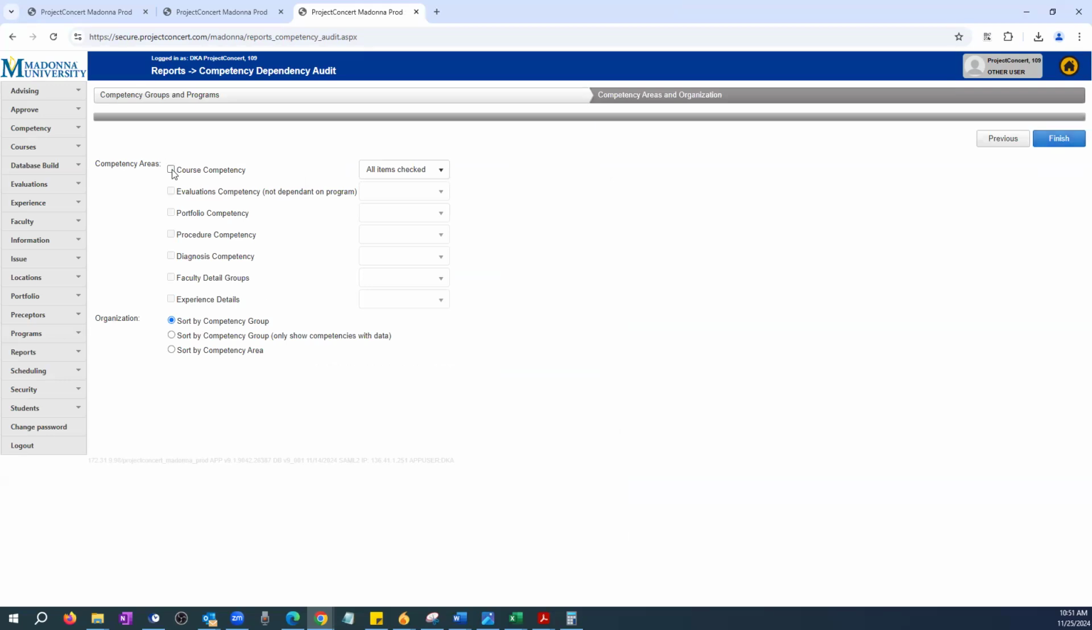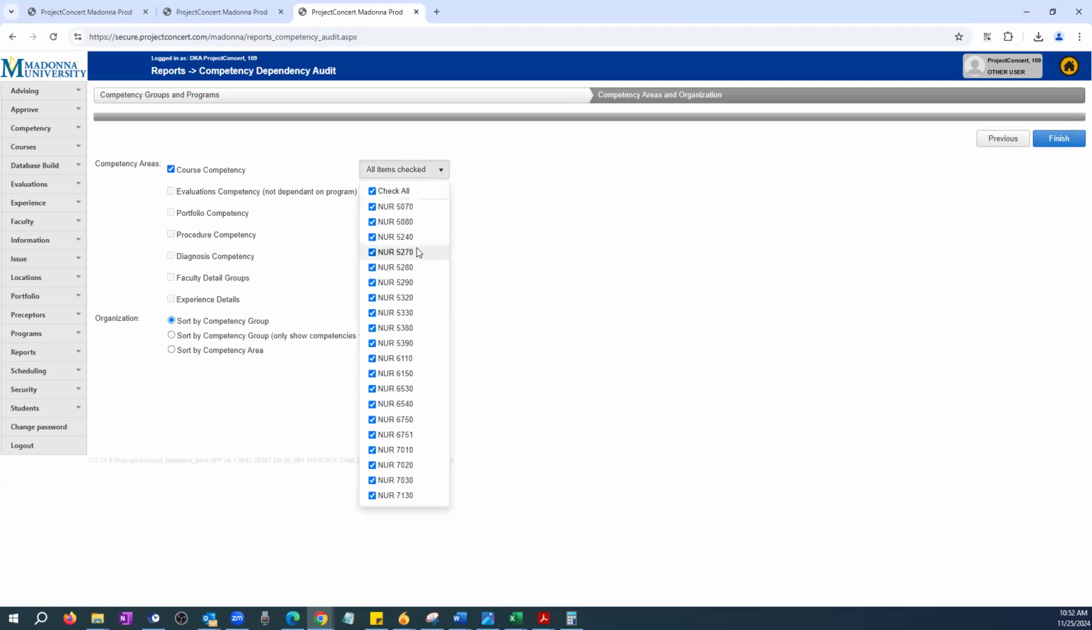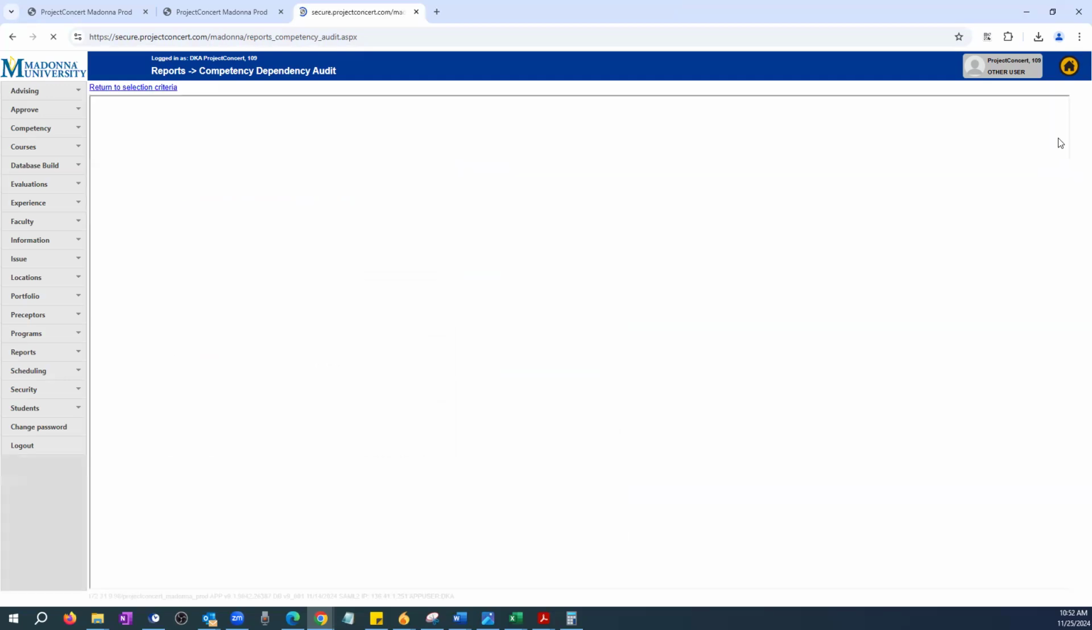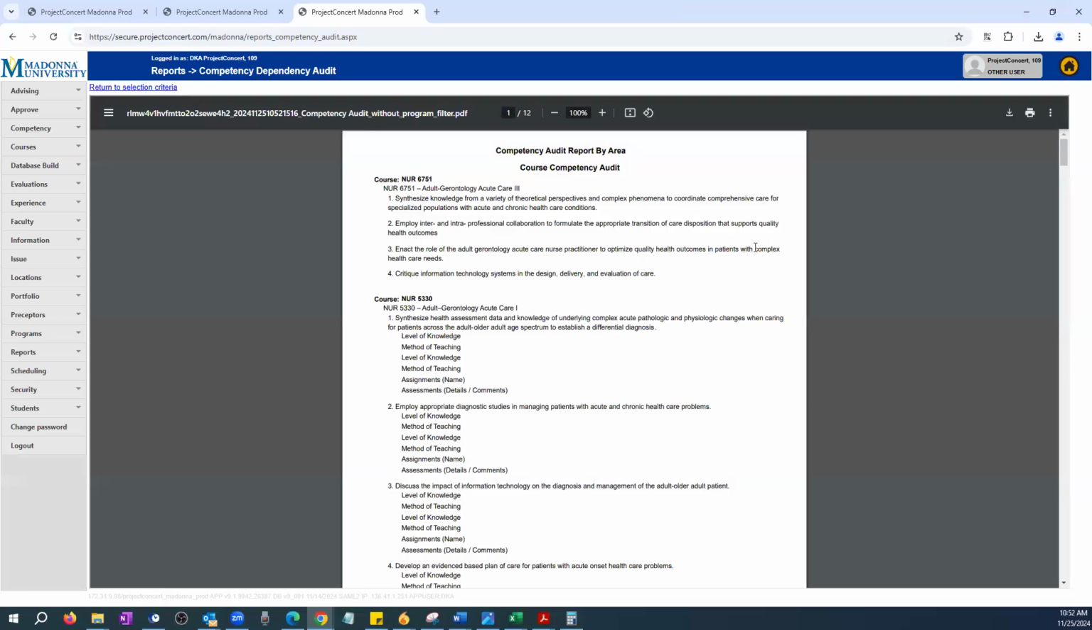And then I'm just going to do course. These are all your courses that we have stuff attached to. And then I'm going to sort by competency group, sort by area. I'm going to sort by area first. Okay, so this is what,